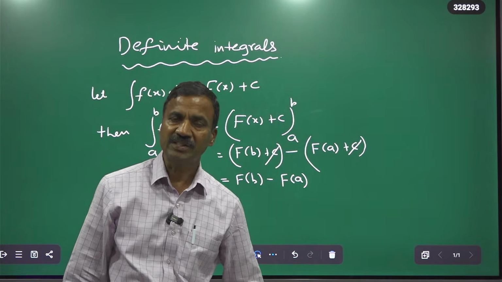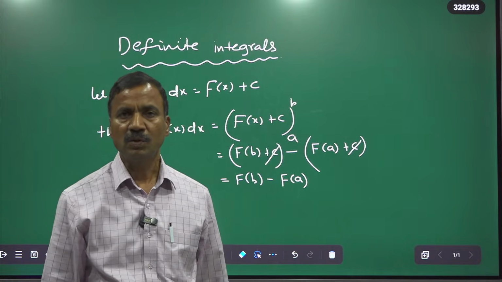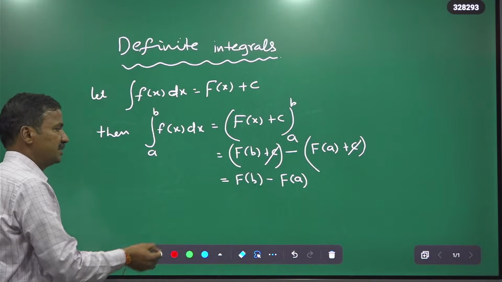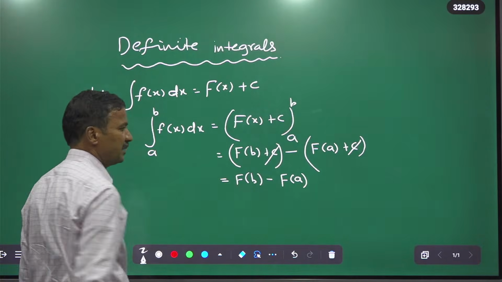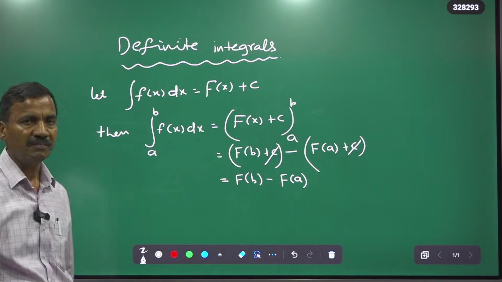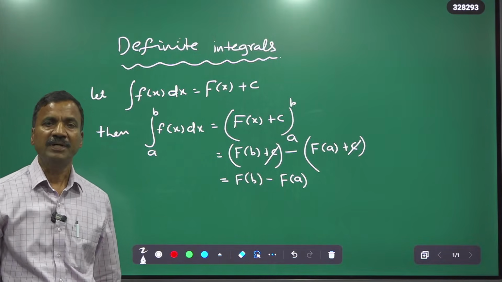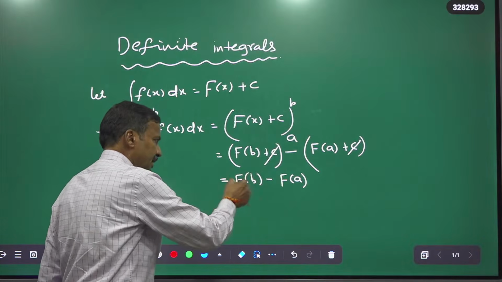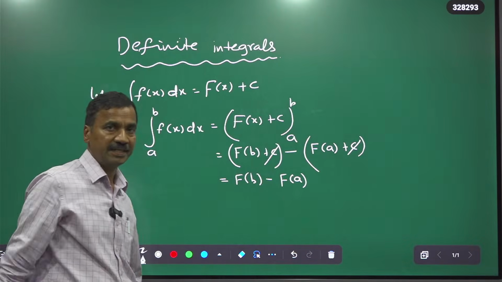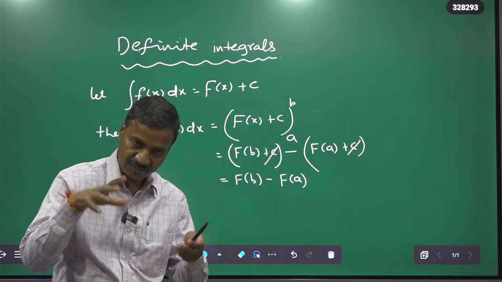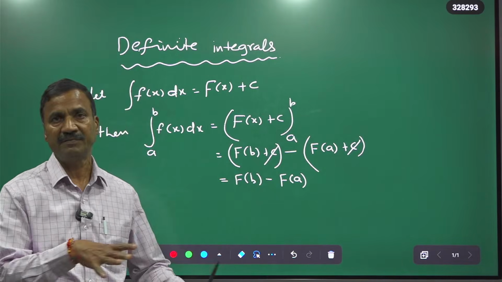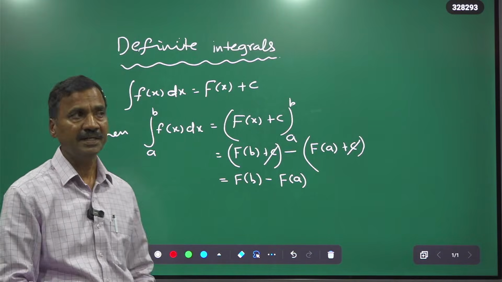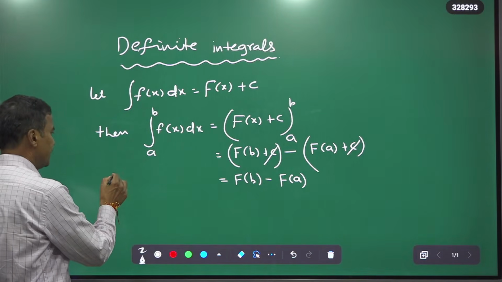If f of x is a function defined in the closed interval a b, then the integral from a to b of f of x dx is equal to F of b minus F of a, where capital F of x is the integration of f of x. Here we get a definite, fixed value, so it is called a definite integral, whereas for indefinite integrals, for example,